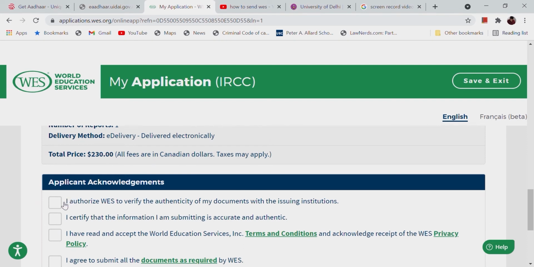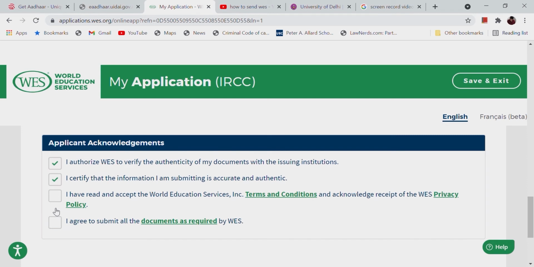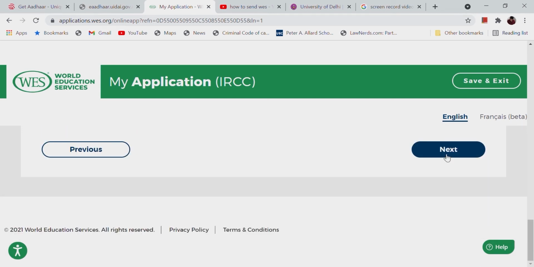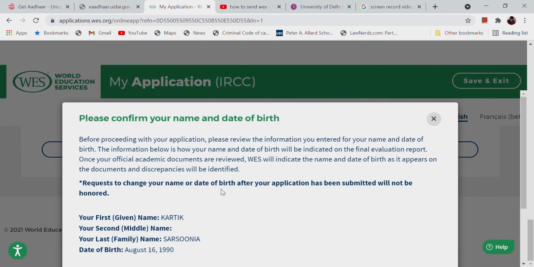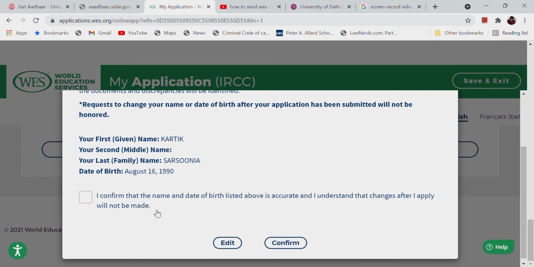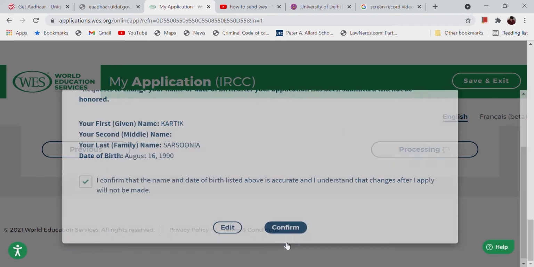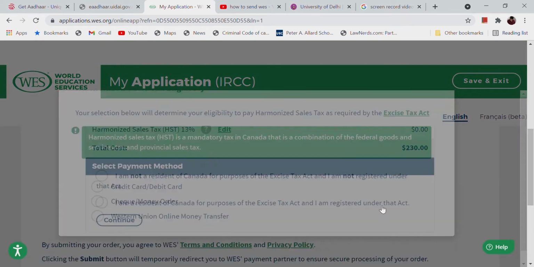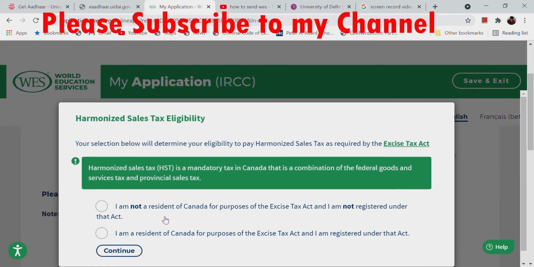Now after reviewing all the details, we have to authorize WES for certain things. We have to checklist all these options. Now it is again asking me to confirm my name and date of birth. So this is all true, and I will confirm it. Well, if you are a citizen of Canada, you have to pay an excise duty or excise tax, whatever it is.